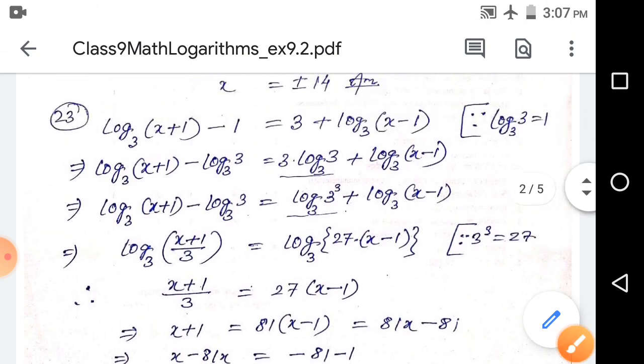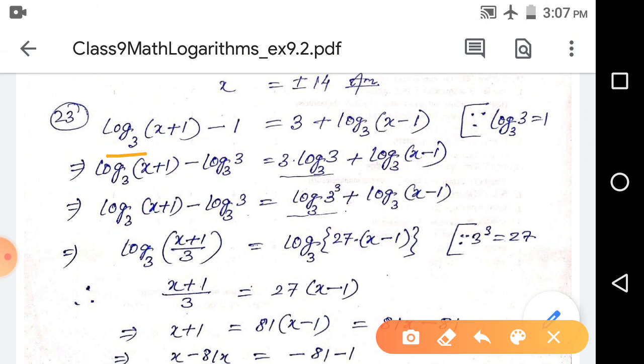In the question we have log base 3, and this one is the value 1. So for this one, if we take log base 3 of 3, that means it is equal to 1. Why? How will the idea come? Only by seeing this part we can get the idea that for this one we take log base 3 of 3. So this one can be written as it is, and for this one log base 3 of 3 with a minus sign.